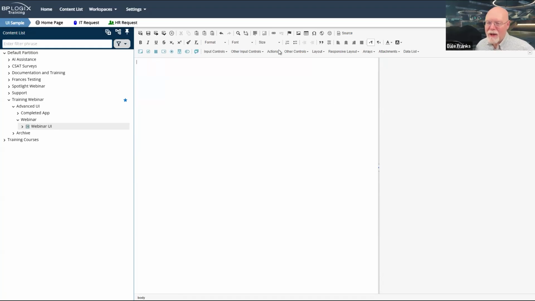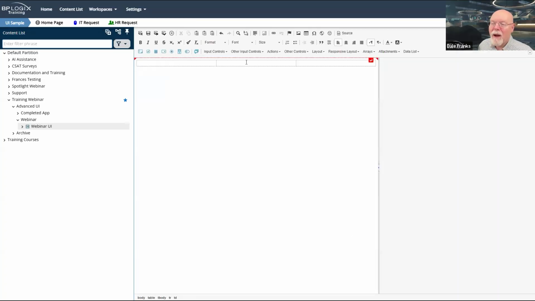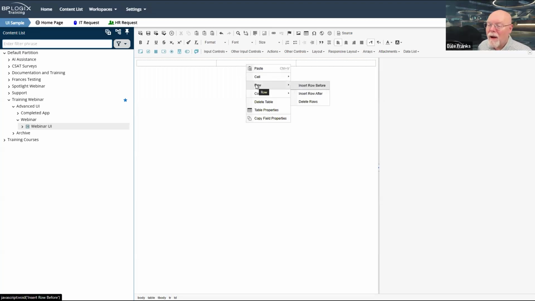We're just going to delete that table. We're going to do it this way. We're going to insert 1 row and 3 columns. And then here, well, insert row after.